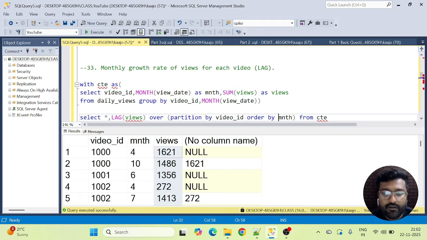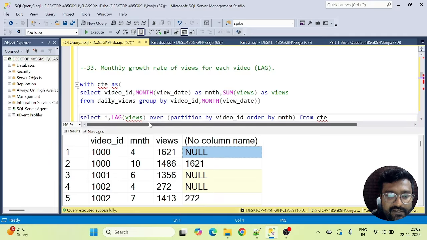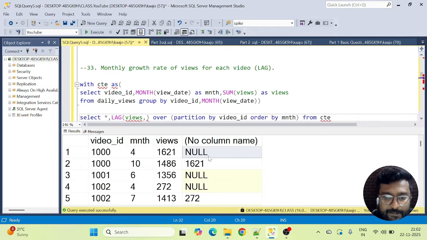Okay. And also there is a problem here, you see. Whenever the video was watched for the very first time, because there is no prior record for the first record, we will always get this value as null. So just to format it, in lag itself we can directly give a parameter here. Wherever it will be null, it will directly update with that value that we provide here. So lag value is (1, 0).